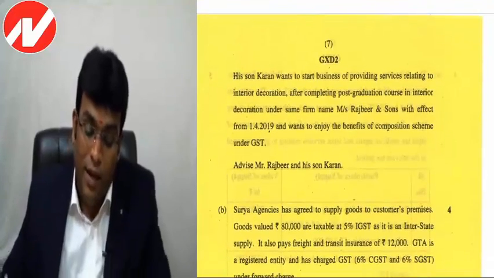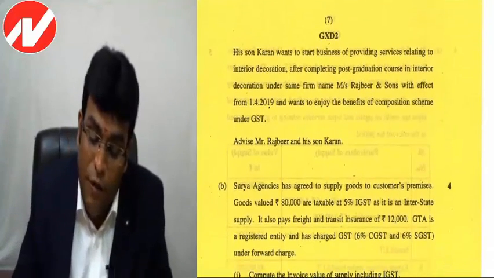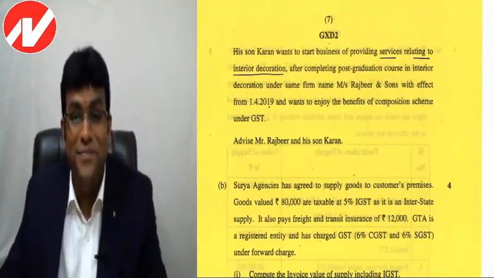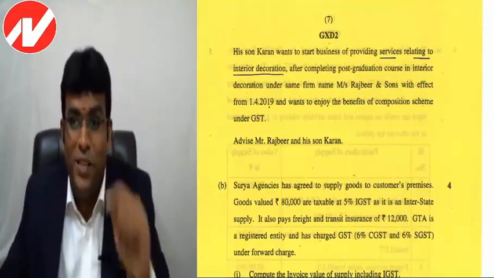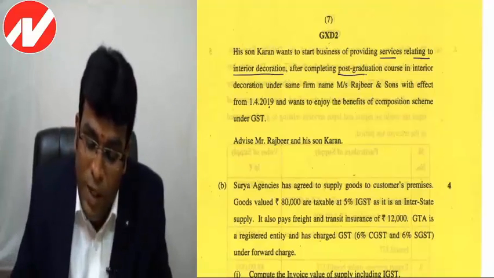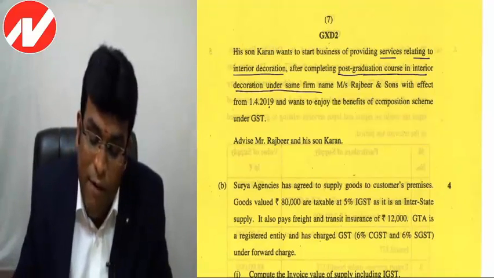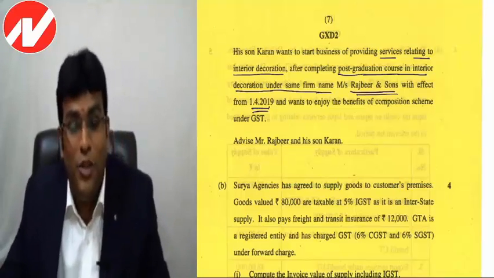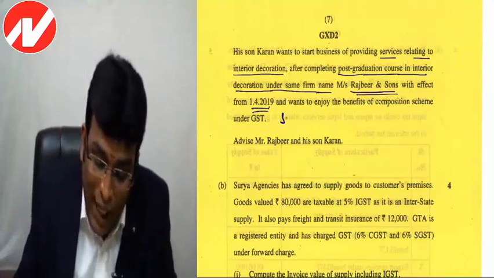His son Karan wants to start business of providing services relating to interior decoration. The man was in goods, he wants to do services. After completing PG course in interior decoration, under the same firm name Rajbir and Sons with effect from 1/4/2019. So if they want to do like that,